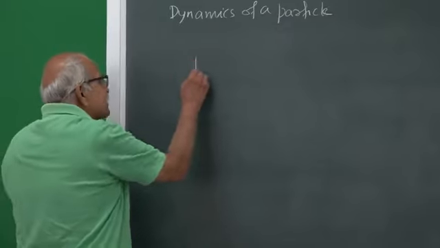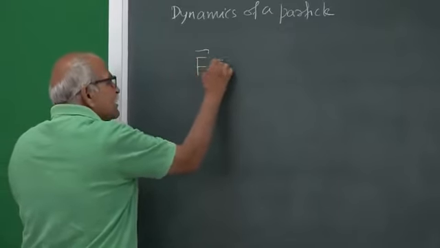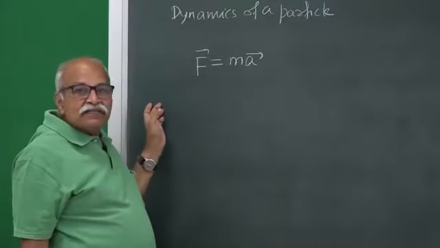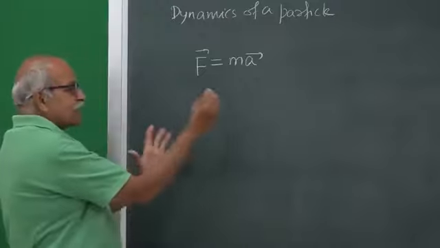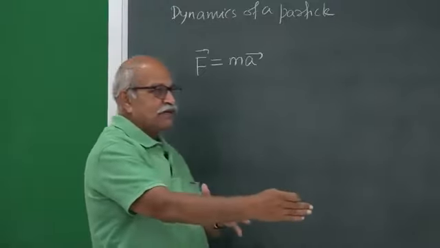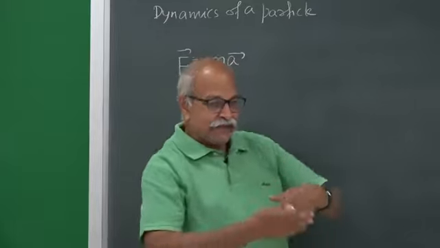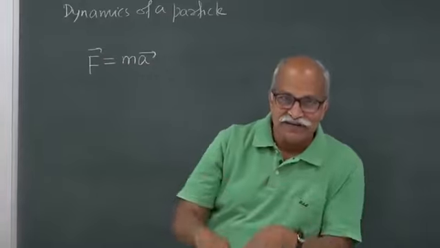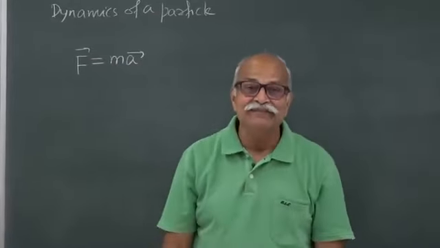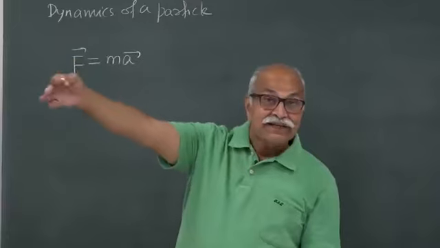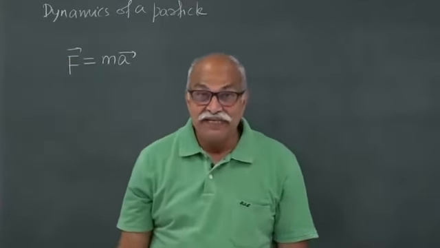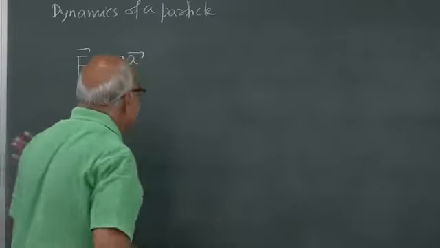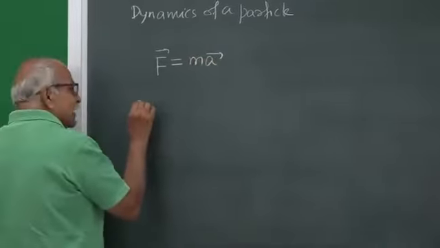So, the basic equation is very simple, force is equal to ma, and the stated problem of dynamics is that at a certain time you know the position of the particle, you know the velocity of the particle, and then as time passes you know at each instant what is the force on the particle, and then you have to predict that at a given later time where the particle will be and what will be its velocity. So, that is the problem. So, what is the problem? What is known at a certain time,